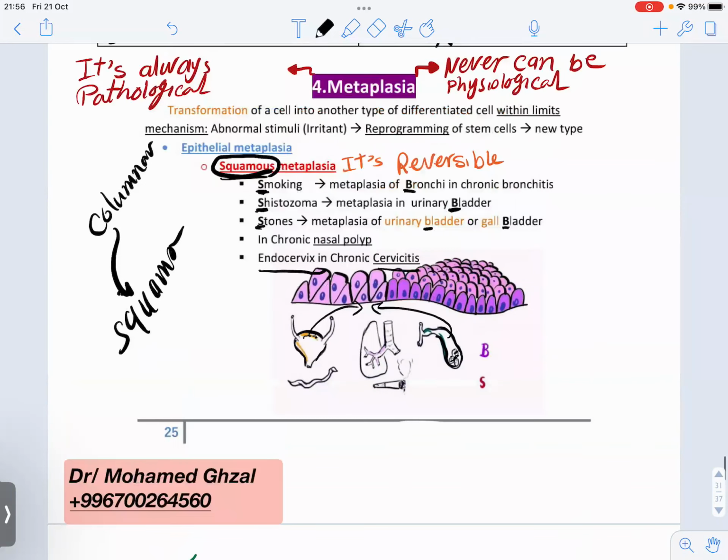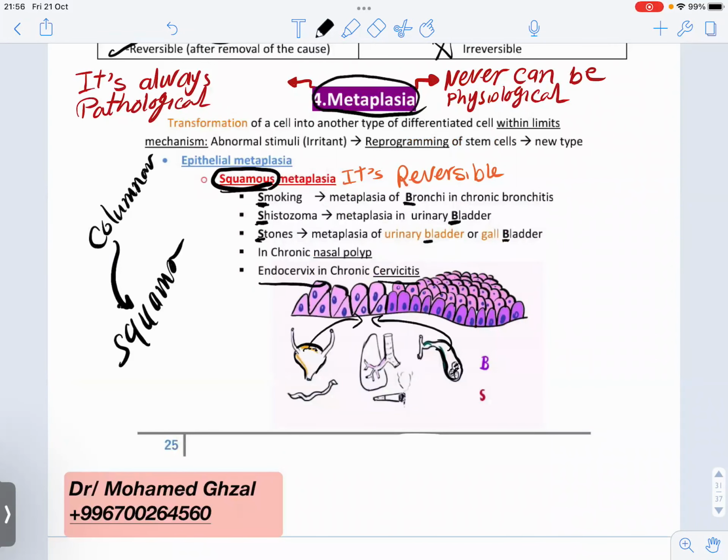So we say that metaplasia is transformation of one tissue into another tissue within limits. Epithelial tissue will transform into another type of epithelial tissue, and we talk of epithelial metaplasia. First, we have squamous metaplasia. Then we have the second type, columnar metaplasia. And an example of columnar metaplasia,